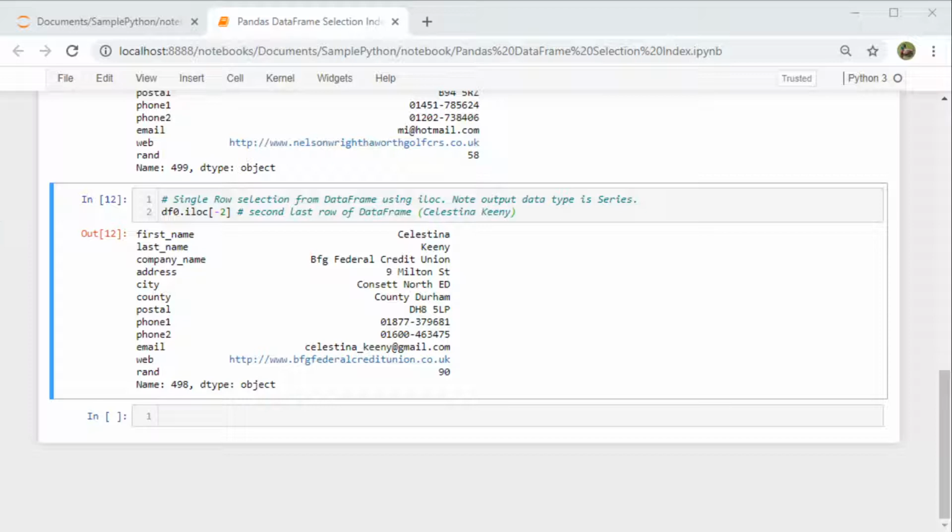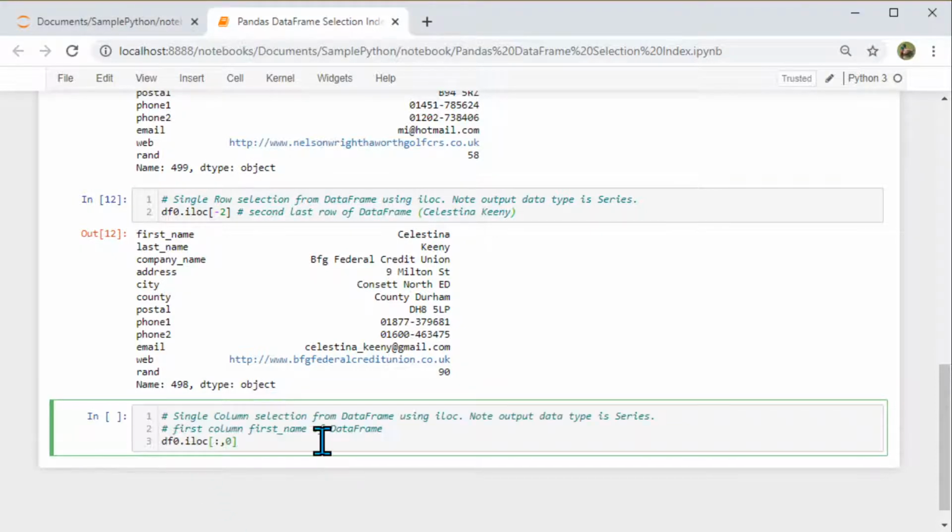But now let's say I don't want each and every row in sequence like this. Instead, I want to see all the names. Is there a way I can see just the first name for all of them? Yes, it's possible to do that. The way to do that is we say dataframe.iloc, and the first parameter here is going to refer to the rows, and the second parameter here is going to refer to the columns, and we separate those two with a comma. And when I say colon, that means I am referring to all the rows and only the first column.